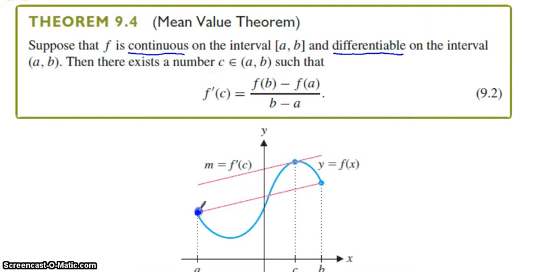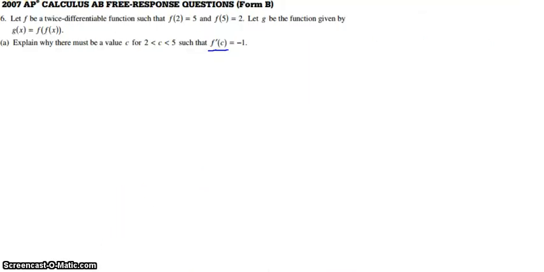So all that said graphically was if you have a function that's continuous and differentiable, as you go from this point on the graph to this point on the graph, if you find the slope of that secant line, you're guaranteed that there's at least one value c in between the endpoints of your interval where the slope of your tangent line was equal to the slope of that secant line. So in part A of problem number 6 here, what we can say is